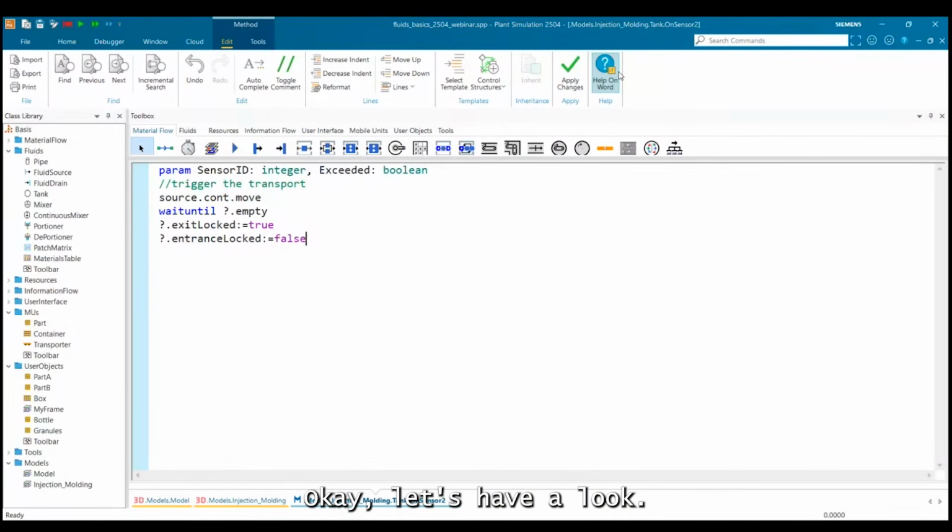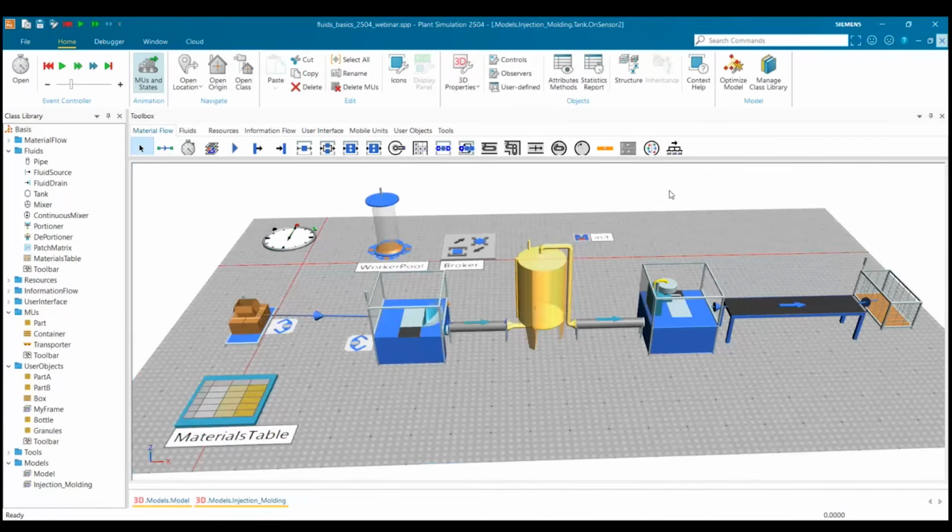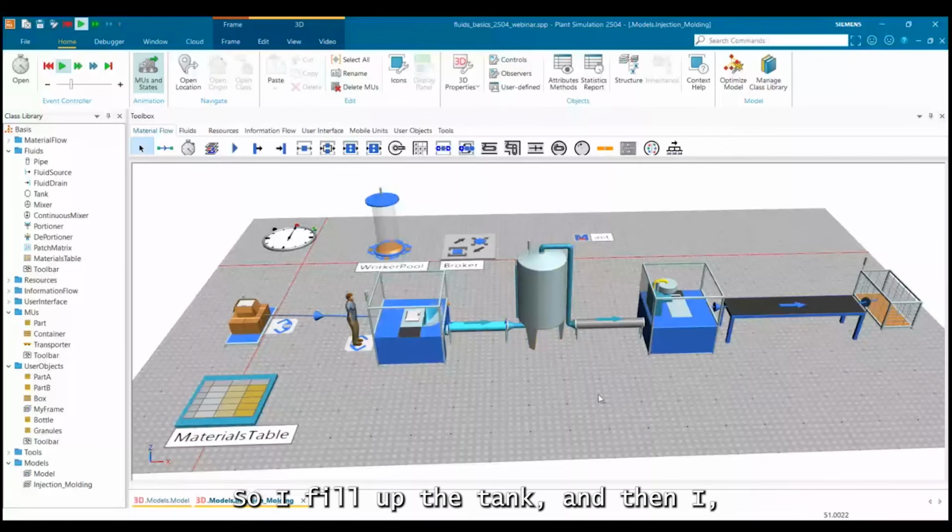Okay, let's have a look. So I fill up the tank and then I produce.